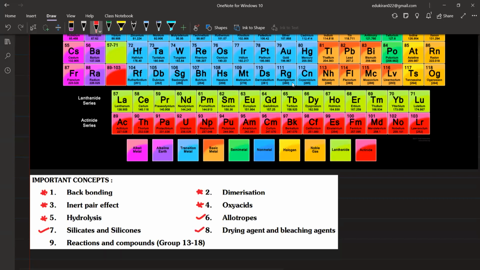And then the reactions and the compounds of group 13 till 18. This is also completely factual. You just star wale topics, all of these are what? These are conceptual topics. So there will be two things. I will be explaining the conceptual topics. Okay. I will explain the conceptual topics and I will give you notes for